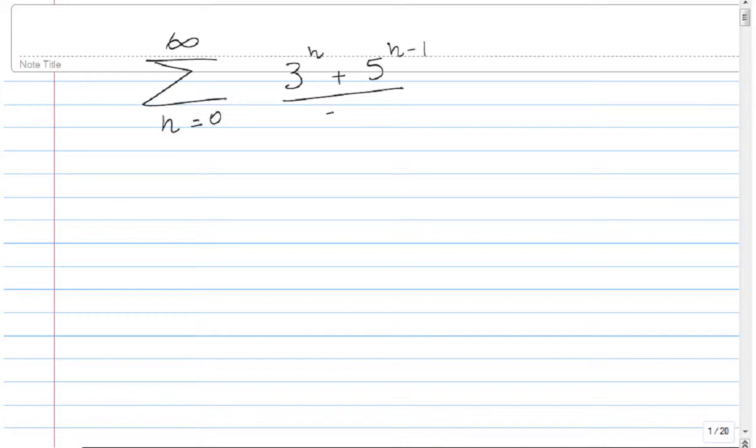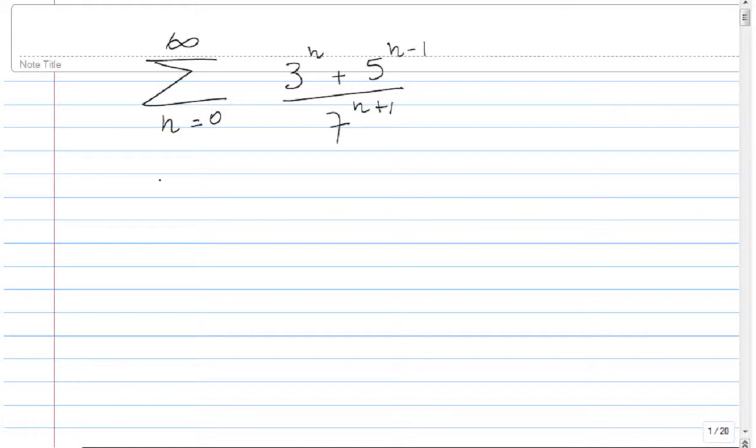So this one here, this problem, sigma from n equals 0 to infinity of (3 to the power n plus 5 to the power n minus 1) over 7 to the power n plus 1. This is a wonderful example of a combination between algebra and geometric series. So let's see first